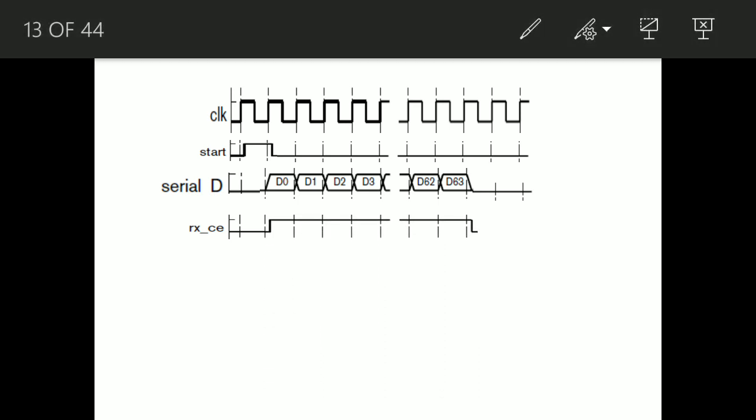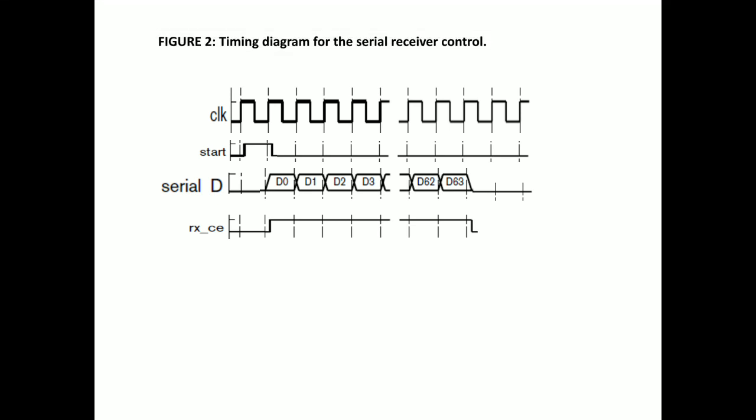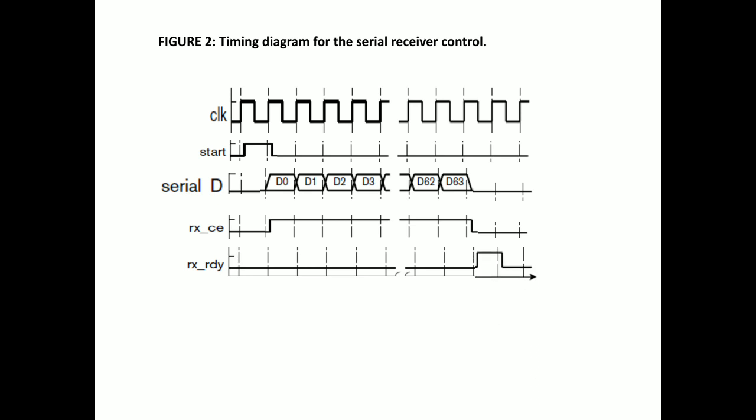Next, the ready signal, RX RDY. RX means receiver, and TX means transmission; pardon me, I didn't mention that. The receiver ready signal RDY will be 0 until the complete data is received. Once all the 64-bit data is received, it signifies this by going logic high. When this RX ready signal goes to logic high, it means all the data have been received successfully.